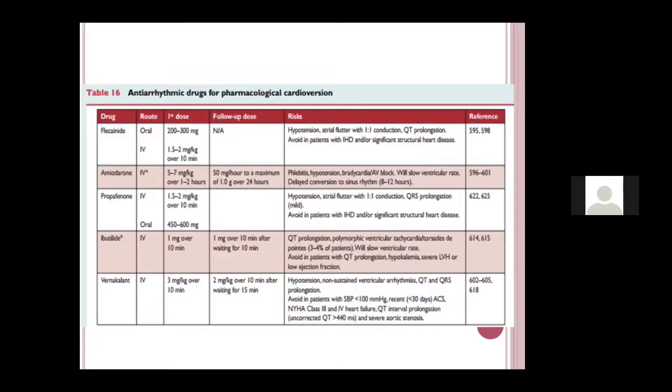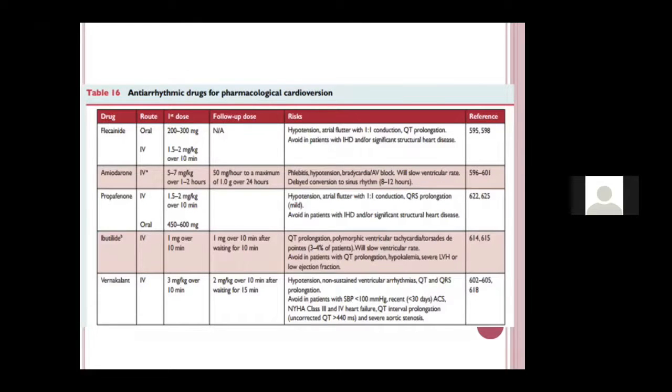Now, amiodarone. Many a times we use amiodarone. I think all of you will be knowing the dose of amiodarone. The dose is 1 milligram per kg per minute for 6 hours and 0.5 milligram per kg per minute for 18 hours. The dilution, all of you will be knowing. But one important thing which you should know is, before starting the maintenance dose, the patient should receive the full loading dose, and the loading dose of amiodarone is almost 10 gram. So you should make sure that the patient receives 10 gram of loading dose, because IV bolus followed by infusion itself is a very long dose, and then we have to give 400 milligram twice a day for very long.